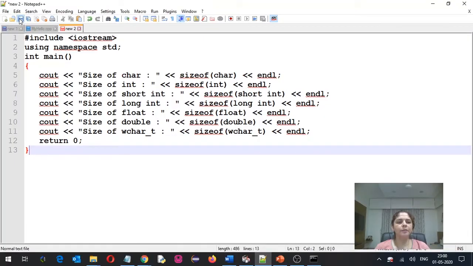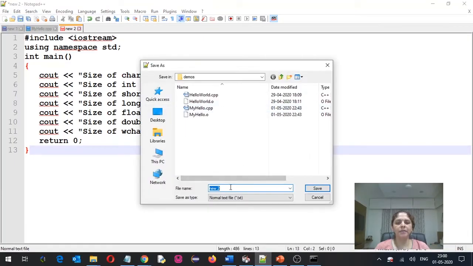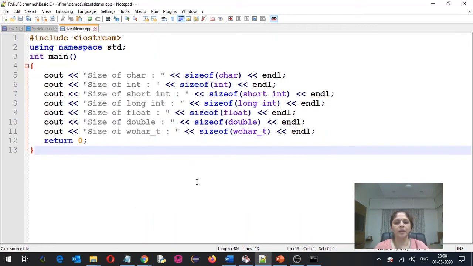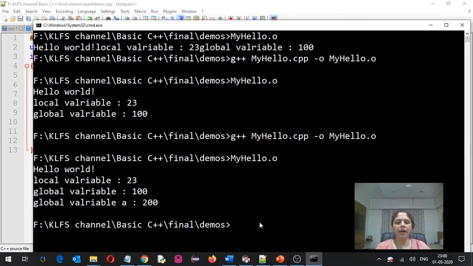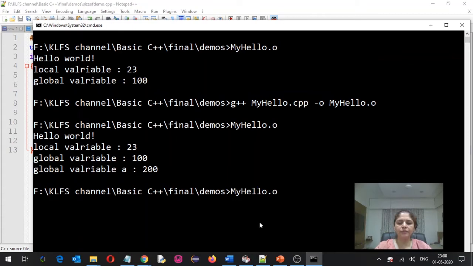Saving this particular program on my machine by the name sizeofdemo.cpp. Now if you want to execute it, let's compile it, and you know that for compilation we are using the statement g++, and over here we have to give the name sizeofdemo, then -o.